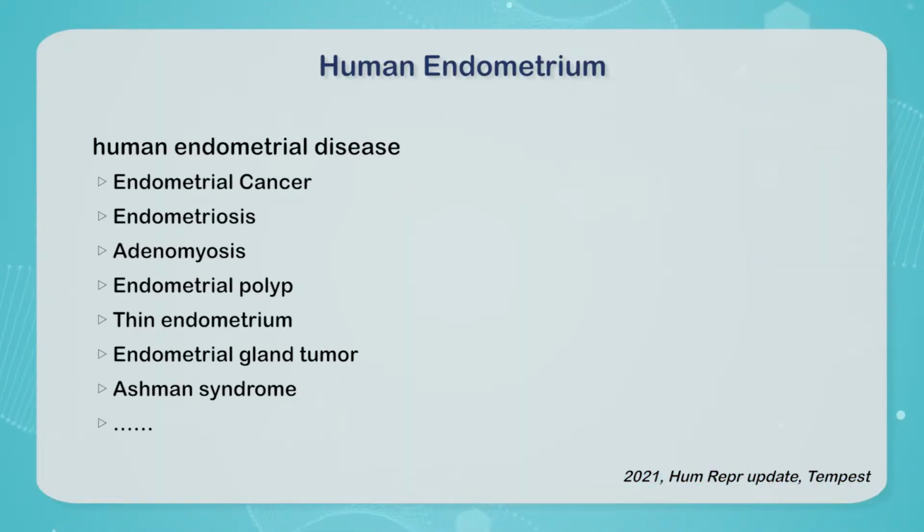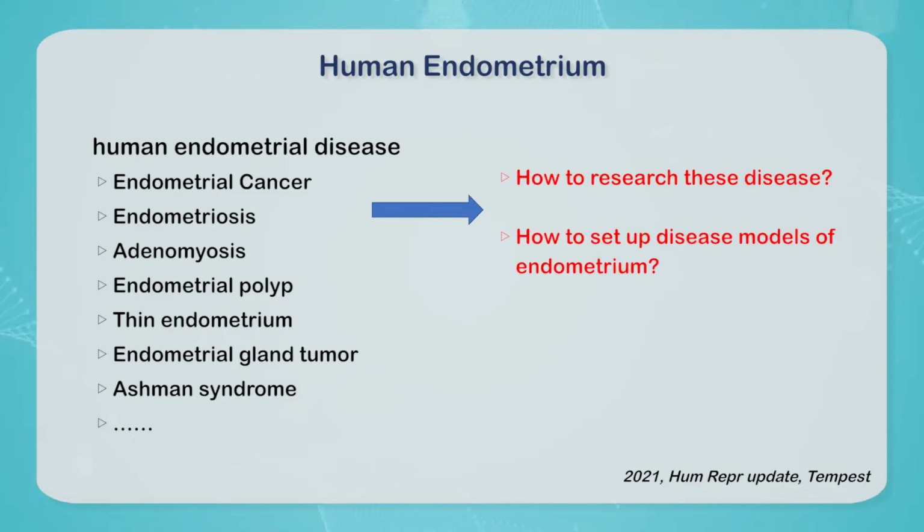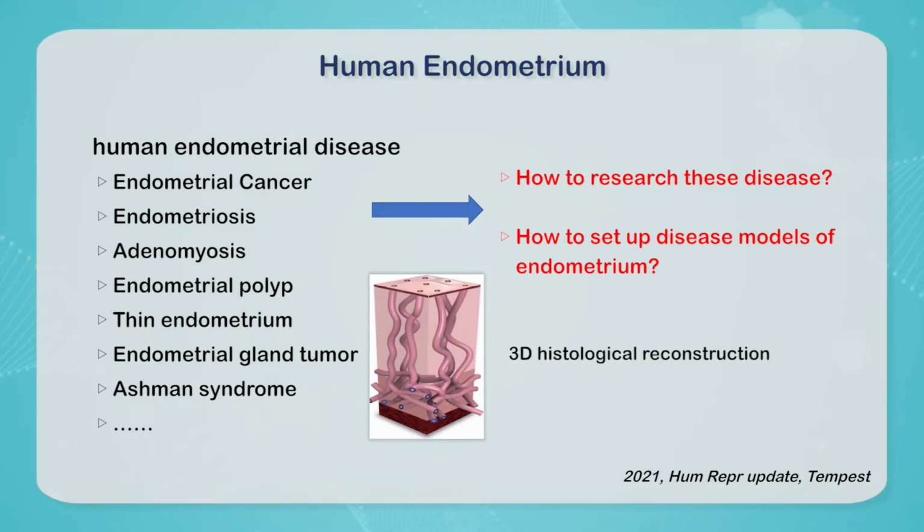Menstrual cycle is shared with only a few species, including apes, bats, and elephants. It does not occur in any of the standard model organisms that undergo sexual reproduction, such as the mouse, zebrafish, or fruit fly. So how will we research or study benign endometrial diseases such as endometriosis and adenomyosis? Recently, 3D histologic reconstruction forming organoids demonstrated a much more complex architectural organization.